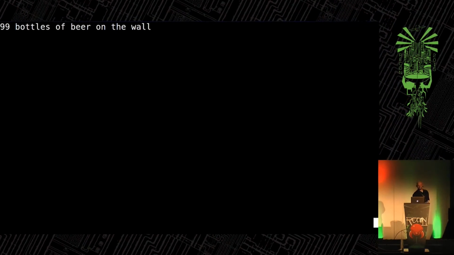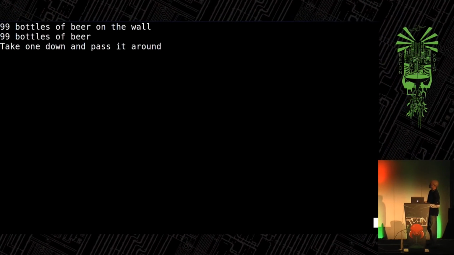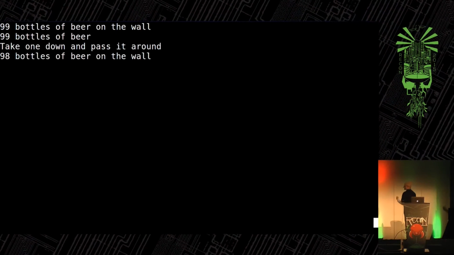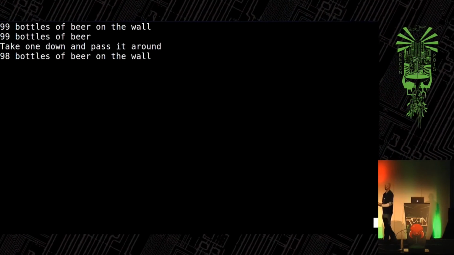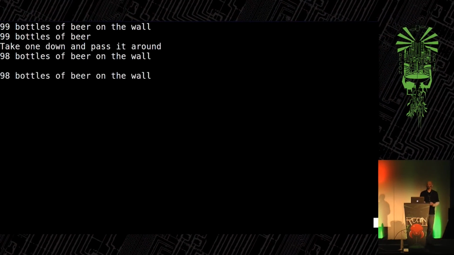But it does work. It just takes a little while. Let's give it a second. We can find out how many bottles of beer are left after we take one down. 98. So it seems impractically slow. This seems totally unusable, and it probably is totally unusable, but I think it's really, really cool because it's not